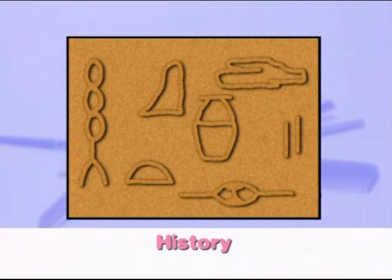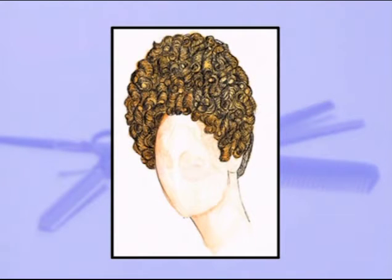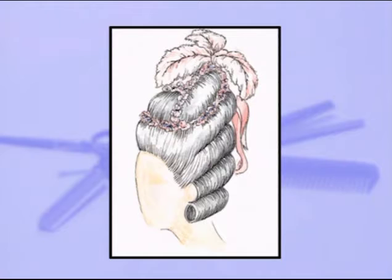For as long as history has been recorded, wigs have been a part of the story. It is believed that the early Egyptians used them to protect their heads from the sun. The Romans and Greeks also wore them, depending on the fashions of the moment. Later, in the Elizabethan era, the aristocracy sported curled wigs generously studded with precious gems. Over time, wigs grew in complexity and height, as with this wig, which was popular at the time of the